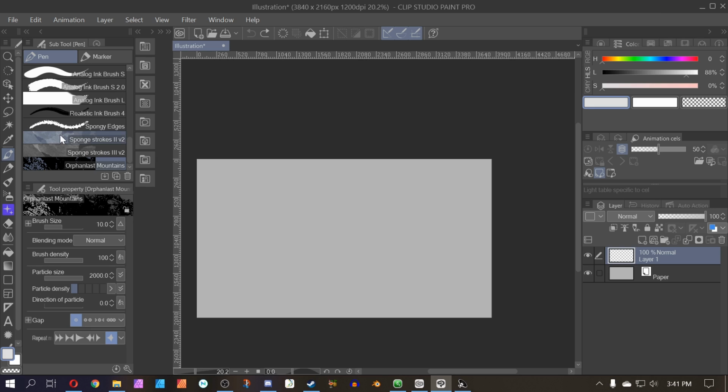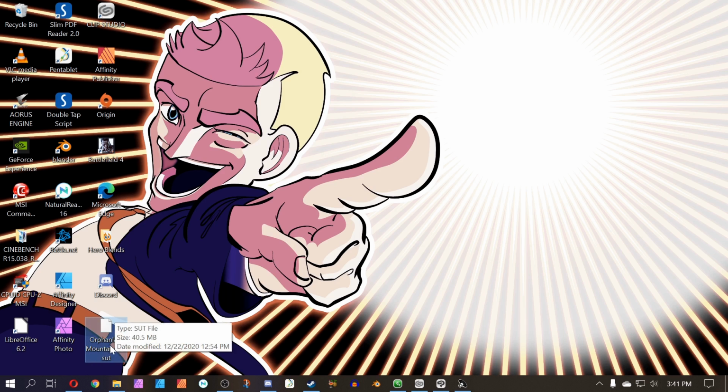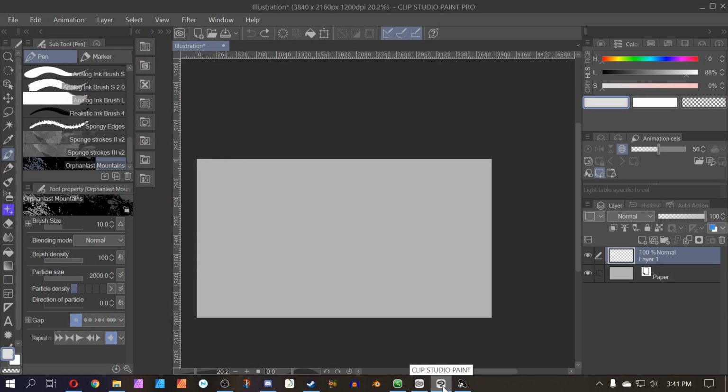Now, how do you import it? That's a question that you might have. Okay, so I've gone ahead and renamed this Orphan Last Mountains 11 just to make it different. So if I click and drag on it, and then I hover over the Clip Studio Paint icon, and then drag, like I have my mouse button held the whole time, and I drag all the way over to the brush panel, basically, and let go, it's going to start doing this little